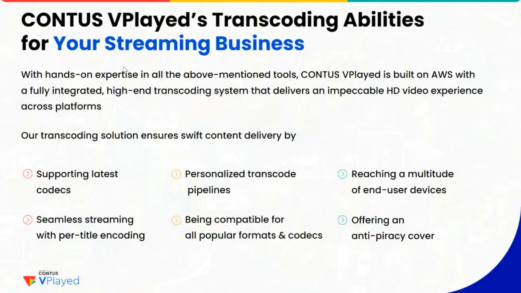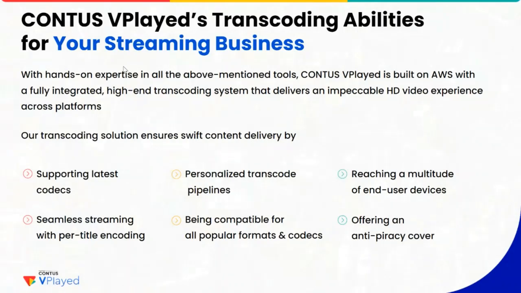So that particular transcoding pipeline will be optimized or changed according to the requirement. Likewise, based upon the end user devices, it's all about supporting, right? Our VPlayed as of now supports mobile devices like iOS, Android, from iOS 6 to the latest version. The same goes for Android. We are also supporting TV devices like Samsung, LG, Android Core, Android TV, LG TV, and everything. Likewise, there is another concept called per title encoding.